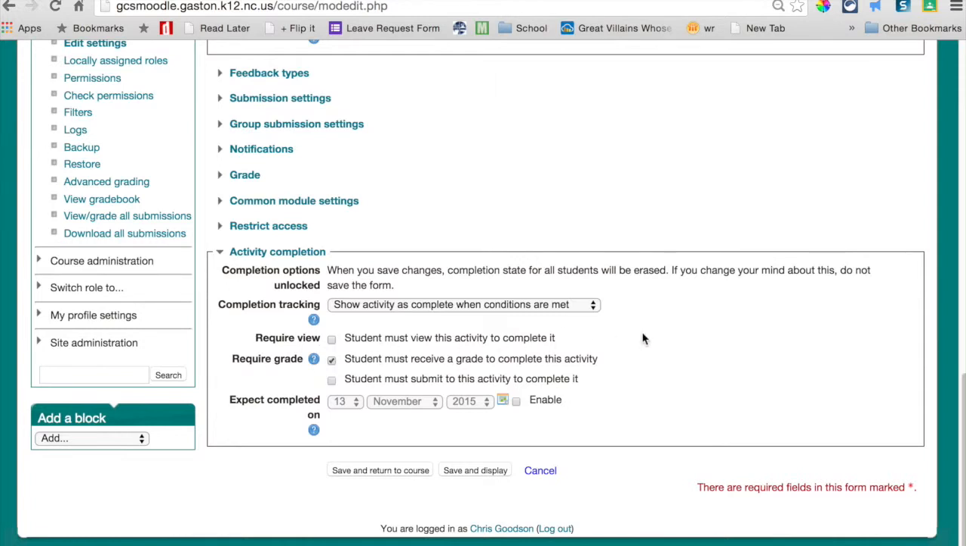That means this may be an activity where they had to submit a paper to you, and eventually you're going to go in the grade book and put a grade in for it. Or the student actually has to just submit an activity. So in other words, they have to submit the file, and that marks it as complete automatically before you grade